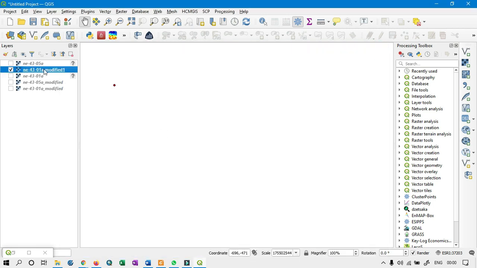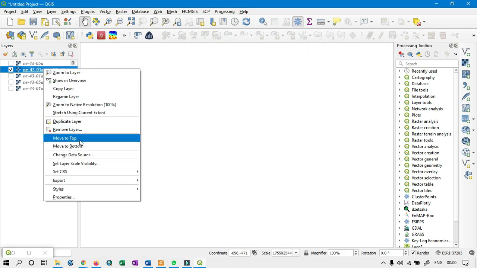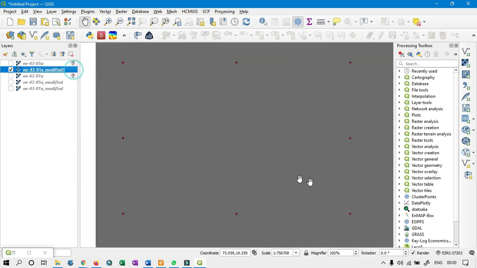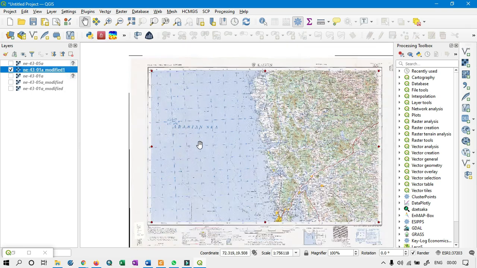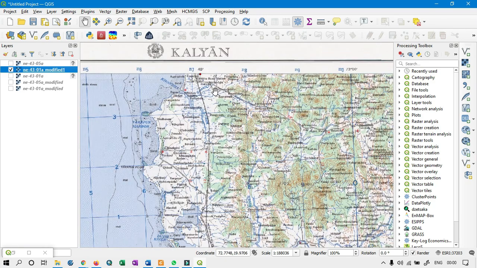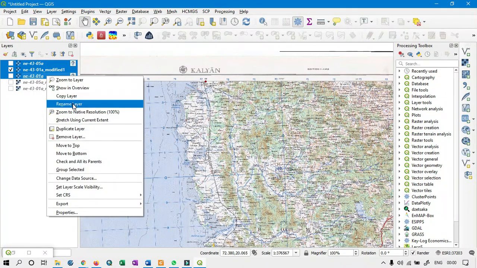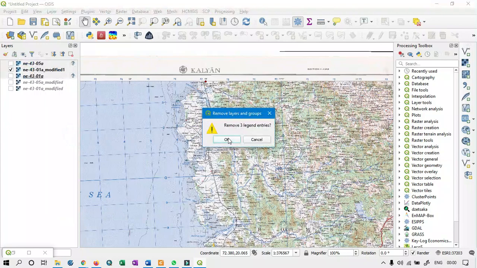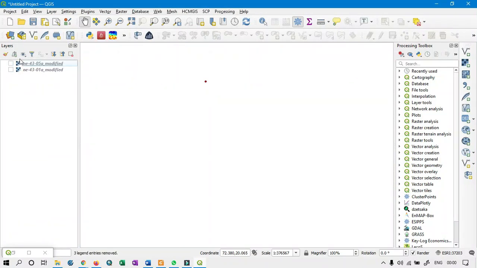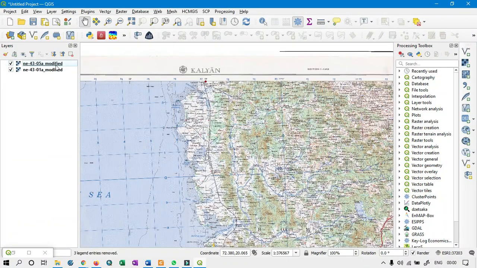Okay, then go to zoom to layer and you will see this is our georectification map. In this way I have already done the georectification of these images.